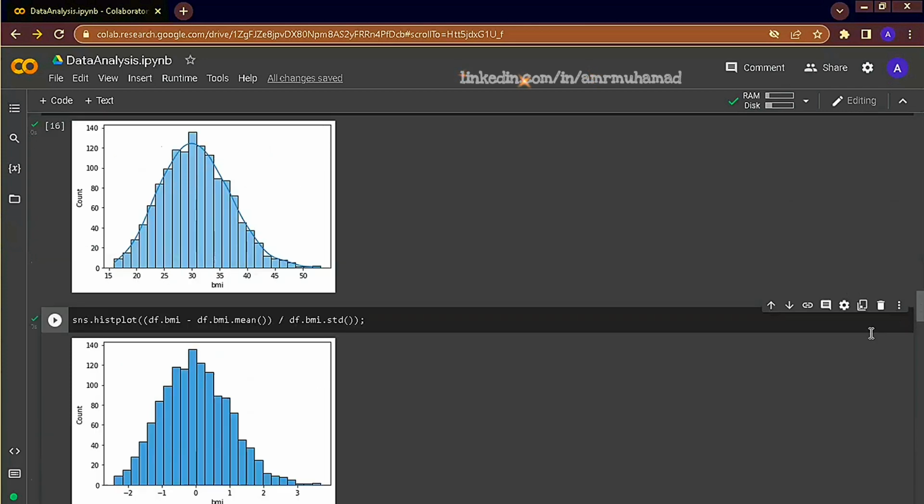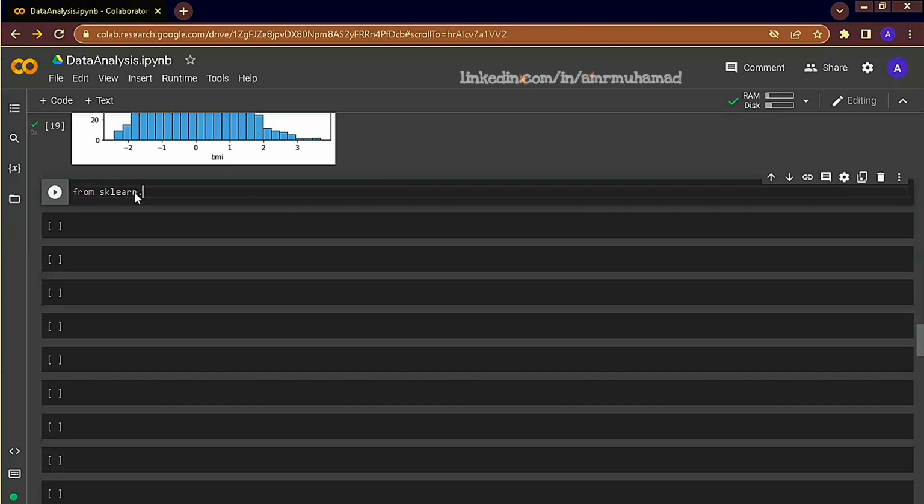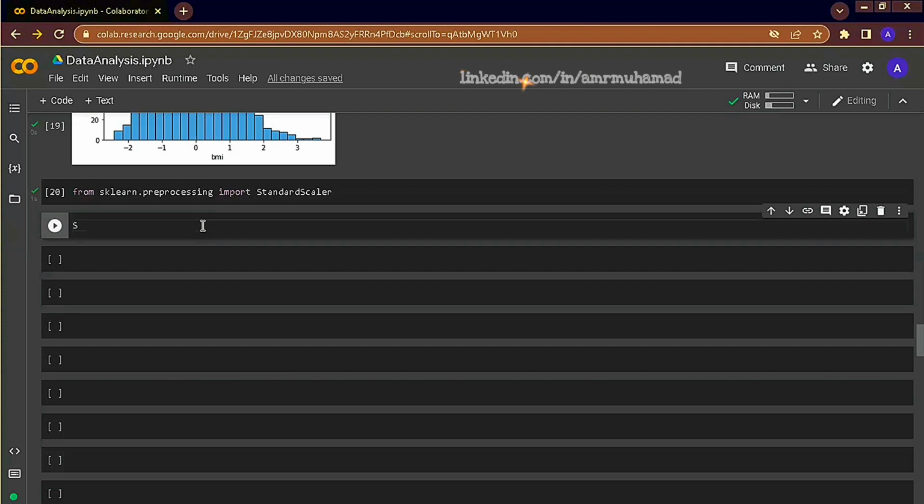So we now understand the empirical rule and the standard normal distribution, also known as the Z distribution, and how to transform your data to Z-distributed data. Instead of calculating z-scores manually, we can use libraries for this. For example, sklearn. sklearn is a dedicated library for machine learning, and it includes several methods that we can use to clean, pre-process, and build models using Python. So let's import our scaler from sklearn. There are many different scalers, but for this demonstration, we're going to use the standard scaler, and we are going to pass our column.